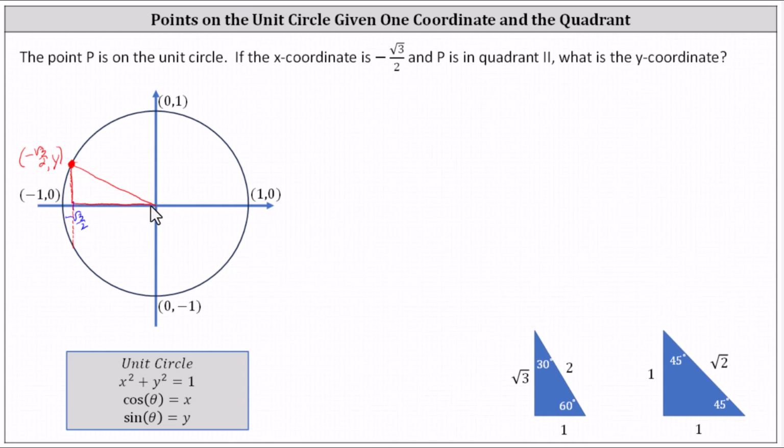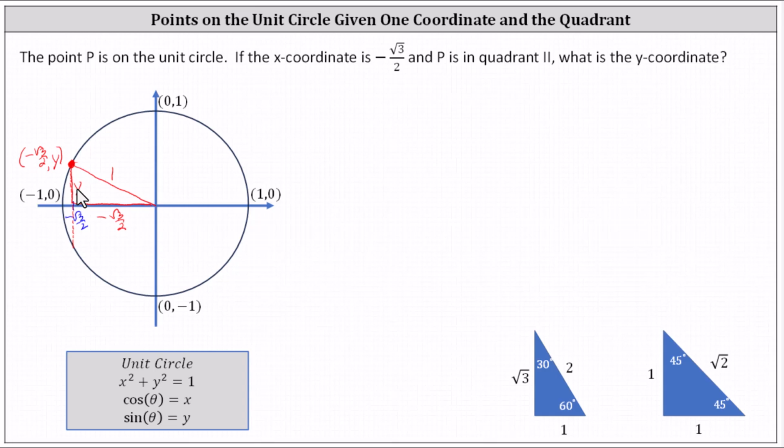Because we know x equals negative square root 3 divided by 2, we can label the long leg negative square root 3 divided by 2. Because we're on the unit circle, the hypotenuse is 1, the radius, and the short leg would be the value of y we're looking for. This indicates we can determine the value of y using the Pythagorean theorem, which for any circle centered at the